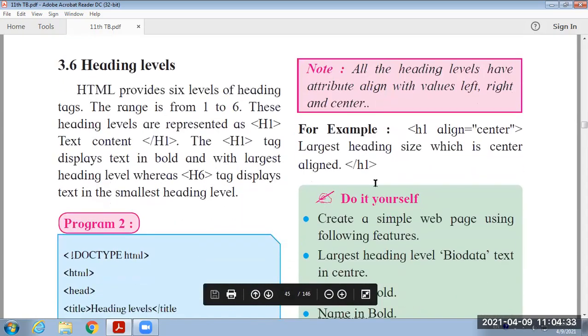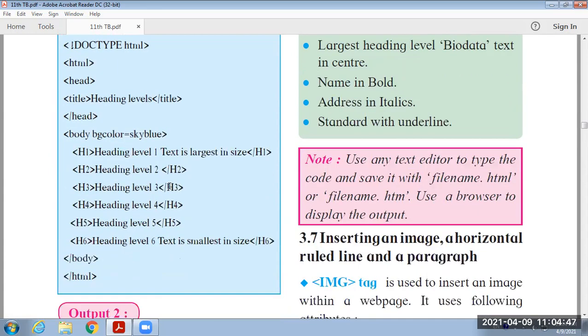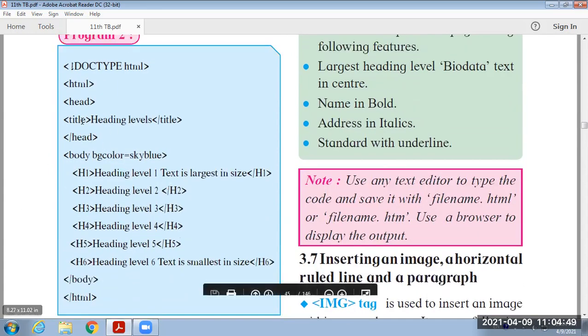The next program was the heading levels. We know that we can use a total of 6 heading levels from H1 to H6. H1 is the highest heading level and H6 is the lowest heading level. Do you remember this program? Here we have provided our college name from H1 to H6.